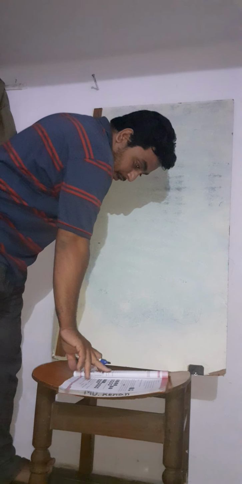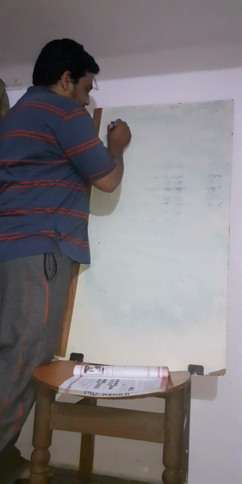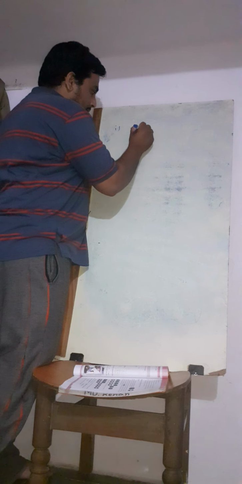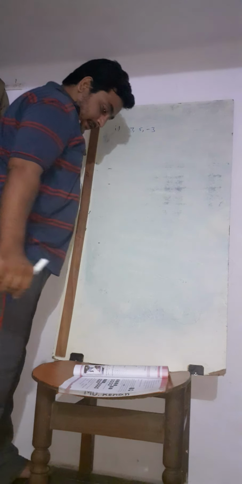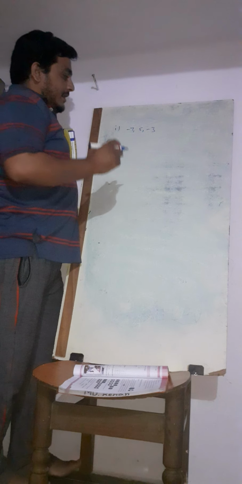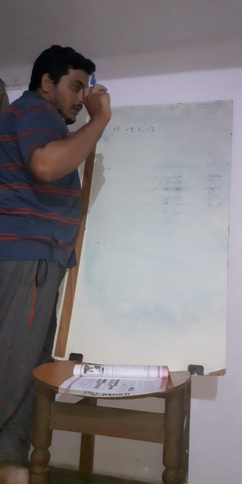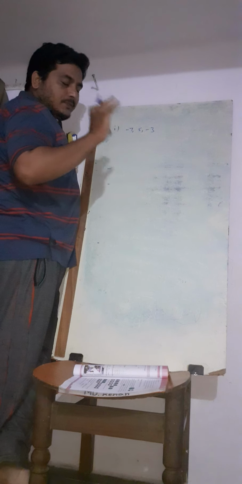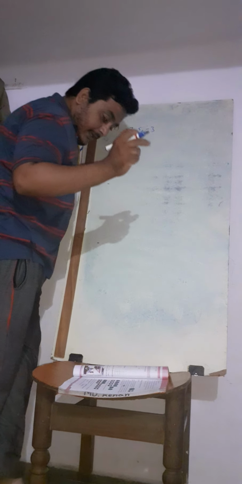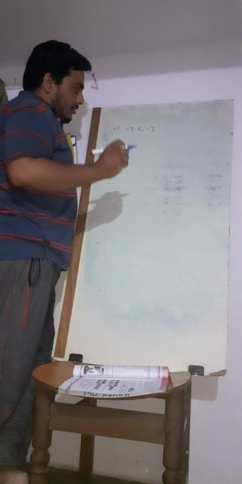Okay, write the following integers in ascending or in descending order. First one you can see, ma, he has given you -7 comma 5 comma -3. He has given you these 3 numbers. See, already I said, bigger numbers in negative are smaller. He said to write it in increasing and decreasing order.